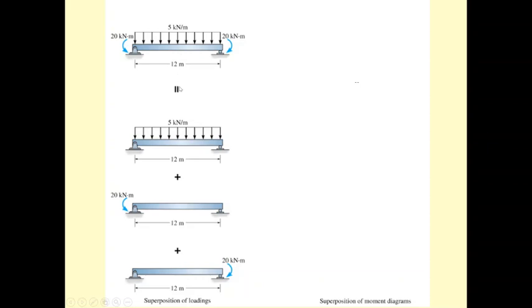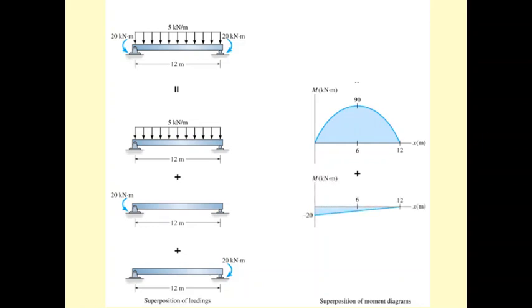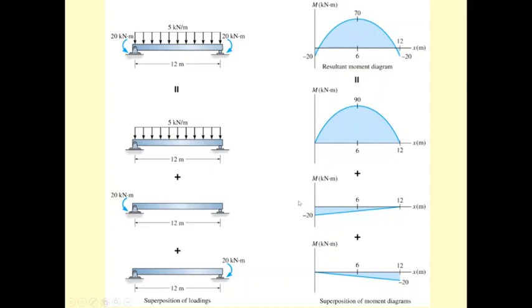And then we separate the beam into three beams by the principle of superposition: the beam with the 5 kilonewton per meter, plus the beam with 20 kilonewton meter on the left, plus the beam with 20 kilonewton meter on the right. And then if we know the moment of the first beam, the moment of the second beam, and the moment of the third beam,